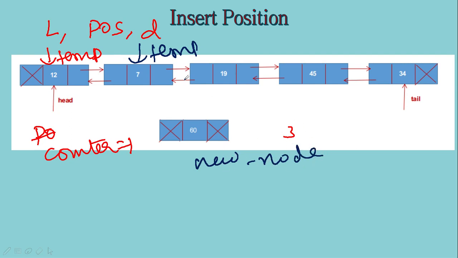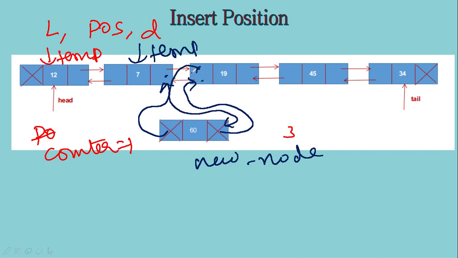Let us call this the new node. What we are going to do is make the new node's previous equal to temp and the new node's next equal to temp next, right? We should be very careful when we are working with the links. And we have to change temp next. Before changing temp next, we can change temp next previous. Actually, I have to change this part to point to the new node.